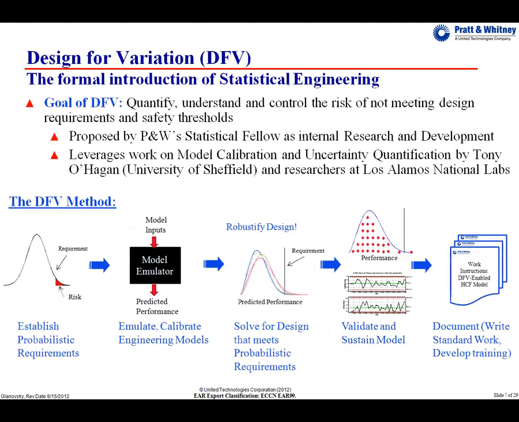So as I said, in 2006, we came forward with the idea of design for variation. This was proposed by Pratt & Whitney statistical fellow Grant Ryman as the idea to quantify and understand our risks of not meeting designs when we're making them. And once we can do that, we can work to control those risks up front before we discover a problem out in the field. Now obviously, out here in the industry, you don't have time to develop a whole new field of statistics. We didn't have to. We leveraged a lot of the work already being done in academia on just this kind of problem.